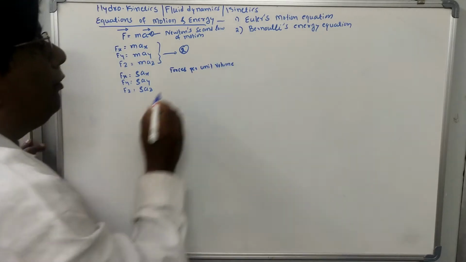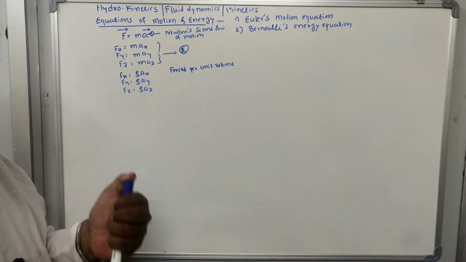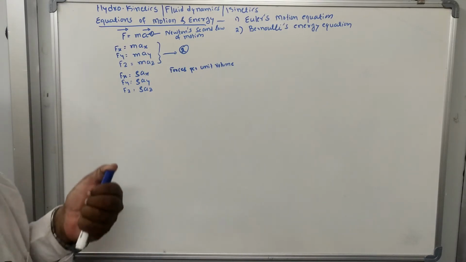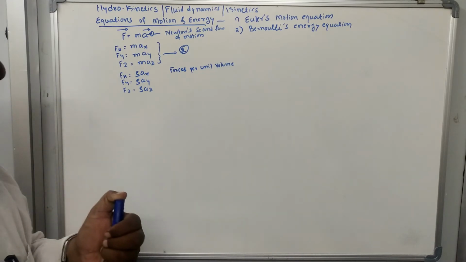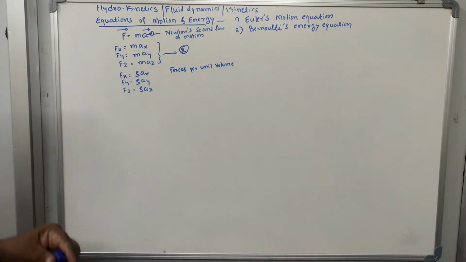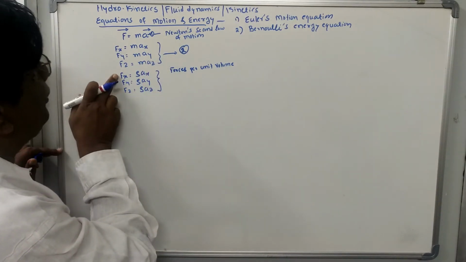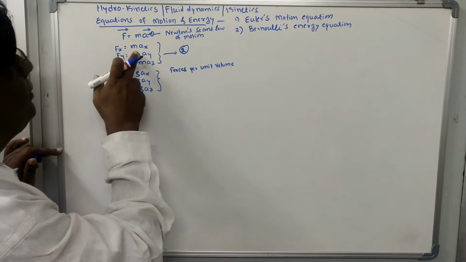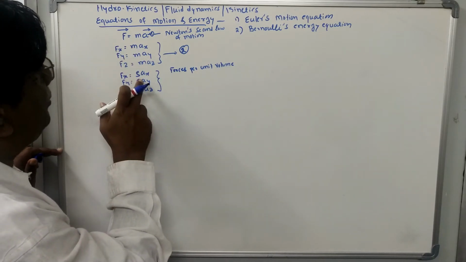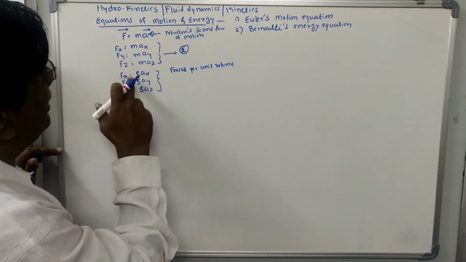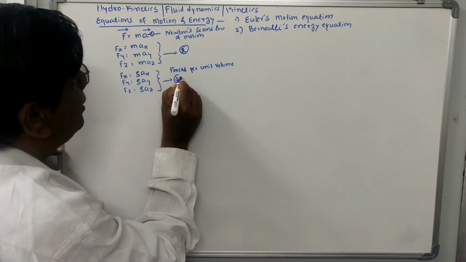When the fluid is under motion, various external forces act on that fluid. Those forces we consider per unit volume. So equation 2 can be modified as Fx per unit volume. This is also m per unit volume, that is mass per unit volume, so rho. Volume cancels, and ultimately we get mass only. So this is equation 3.